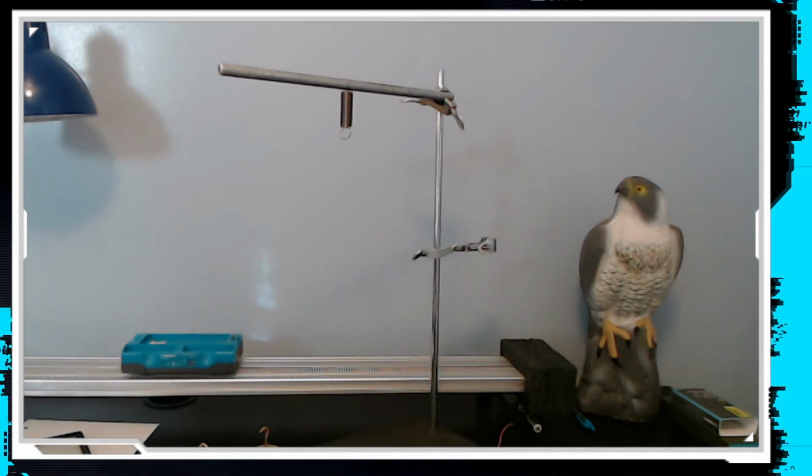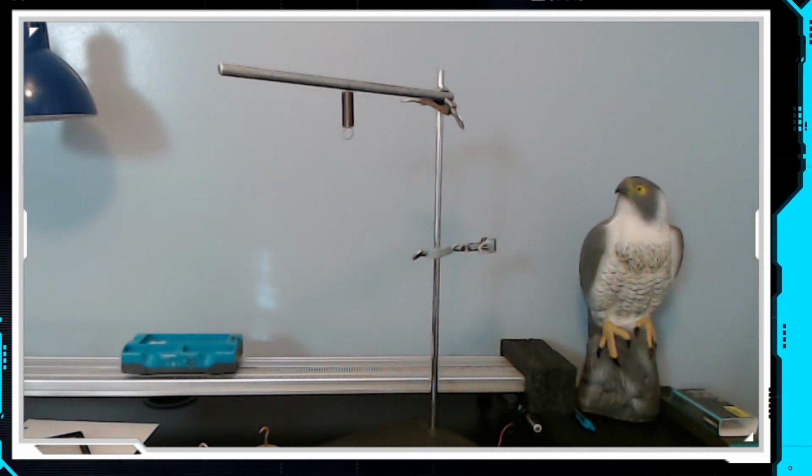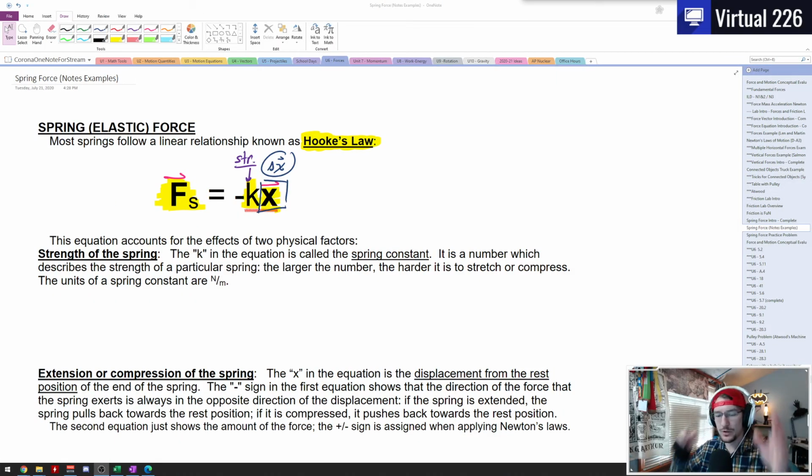So let's take it back into our notes and take a look at some of the things that we can do with these springs, how we can think about them in new ways, and what's going on there. Okay, so we're looking at our notes here, and we've got the idea of the strength of the spring and the compression or the extension. So if we move on from this,